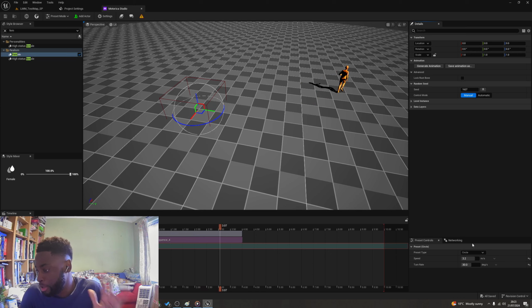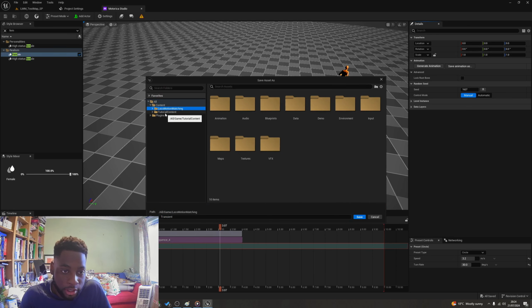Now 3.2 might be a bit slow. It might look a bit weird because I think I did use a higher value before, but let's just, for the sake of this, use 3.2. We'll see how it looks, and if you don't like how it looks, you can up your speed when you generate your animations. So we'll save this as